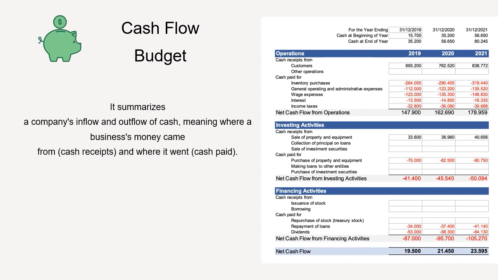The statement usually breaks down the cash flow into 3 categories including operating, investing and financing activities. A simplified and less formal statement might only show cash in and cash out along with the beginning and ending cash for each period. While used in budgeting, cash flow analysis estimates or plans for future cash flows.